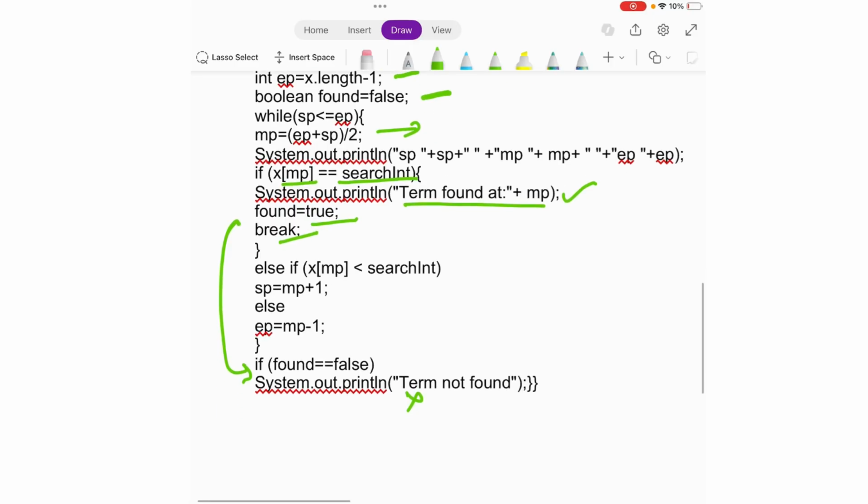Okay, if it's not found at the midpoint, then you have to decide whether to go to the left side or the right side. So if the array element at the midpoint is less than the target, then you go to the left side, right? That is the left array, and then you change your